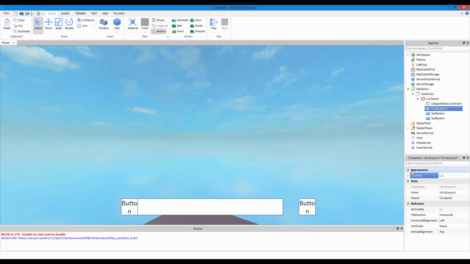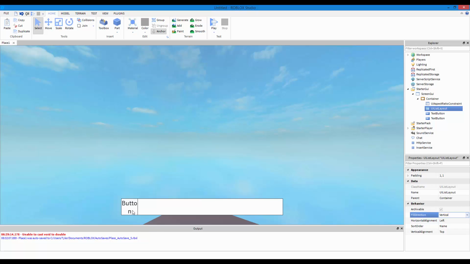Oh, padding. I'm sorry, guys. It looks like this is only in one axis. Sorry about that. I said x-axis and y-axis, and I was wrong, because this is the scale. If you have the field direction set to horizontal, of course it's in the x-axis. Now if it's on vertical, it's in the y-axis.